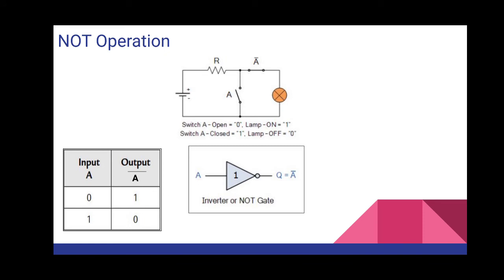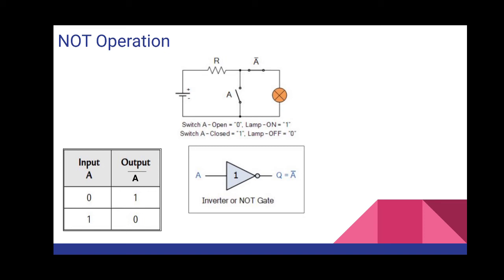Now what does the NOT operation do? See, here we don't require two inputs. Here we require a single input. And what is the work of this NOT operator? Simply to negate, or simply to give the output exactly opposite to the given input. Means if I am giving input as 1, what output should I get? I should get 0. And if I am giving input as 0, the output I should get is 1. So observe the truth table.